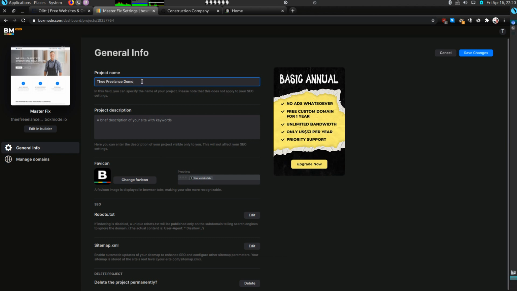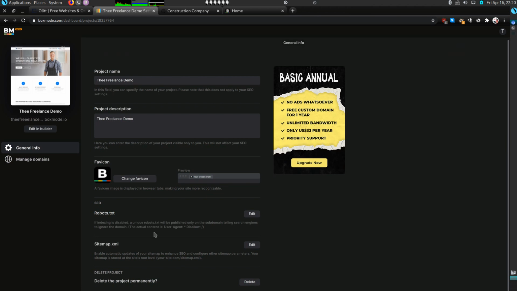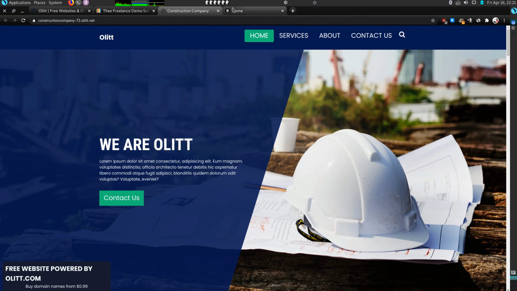Of course, here a brief description of your site with keywords, you can use that. You can change the favicon. They even give you a preview, which I think is amazing. And as you can see, there's SEO. Yeah, I think that's quite cool. So if we refresh, we're supposed to refresh this site,